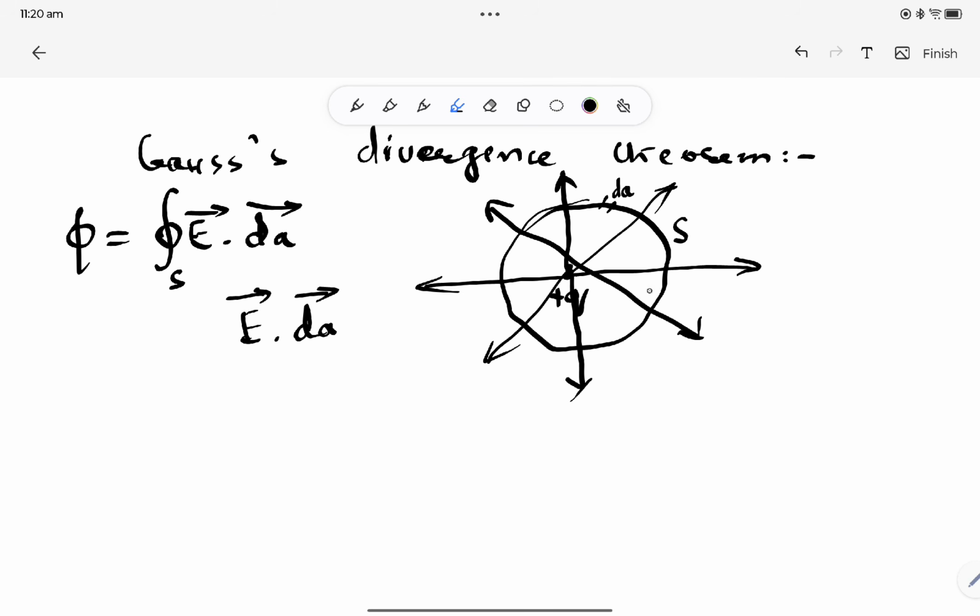We know if we are asked to calculate flux through this surface, one way that we already know is we will evaluate this integral on the surface. For that, what we need is symmetry, other things that you have already studied in your 12th class. But today, my topic is not this. Today what I want is that we will discuss another method of finding flux through this closed surface, electric flux through closed surface. What is that method? The method is